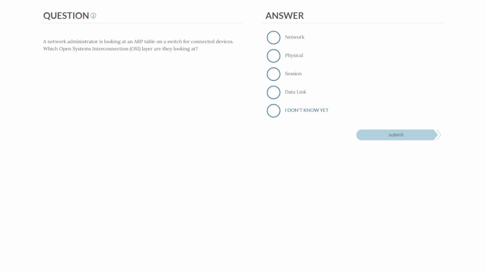6. Real-world example scenario: when your computer wants to send data to 192.168.1.5, it checks its ARP table to see which MAC address belongs to that IP. If it doesn't know, it broadcasts an ARP request: who has 192.168.1.5? The device responds with its MAC address, and now traffic can flow directly on the LAN. On a switch, the ARP table is how the device knows which port to forward frames to, based on the